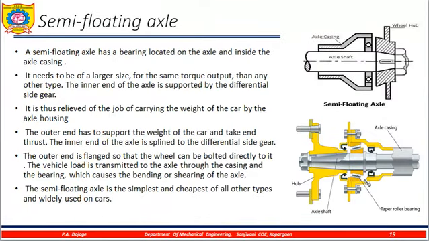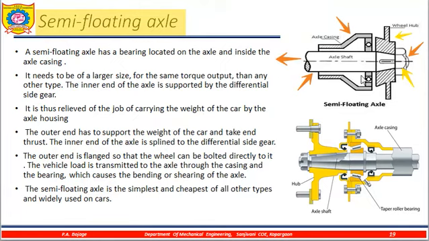Now let us see the types of rear axles. The first type is the semi floating axle. In the semi floating axle you can go through the construction properly. Now you can see this is the wheel hub, this is the lock nut. This is the casing. The casing is a casted component, it does not rotate, but this axle shaft, also called the half shaft, has one end connected to this hub and the other part connected to the sun gear in this direction.